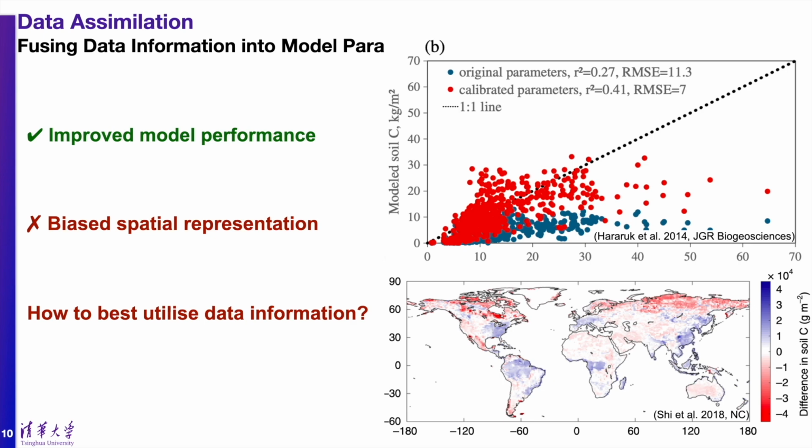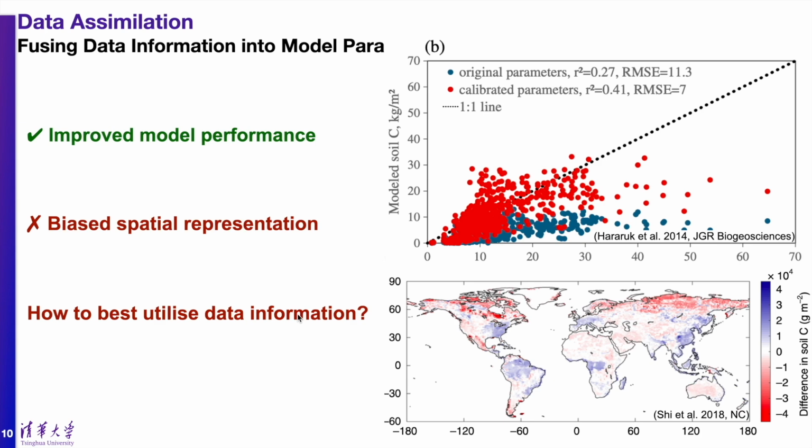cycle simulation. But here I would like to point out that we still cannot count on data assimilation alone to solve all the problems. From this figure, we can see that there is still a geographically biased representation of soil carbon by model simulation, even after the data assimilation optimization. This actually raises a critical question: how can we really best use the local observations to advance soil